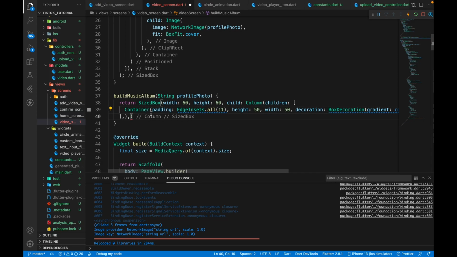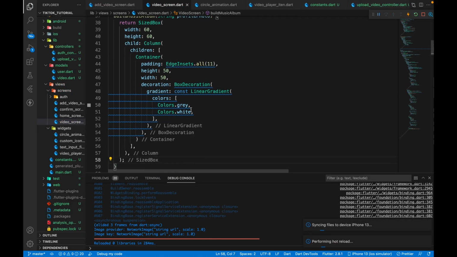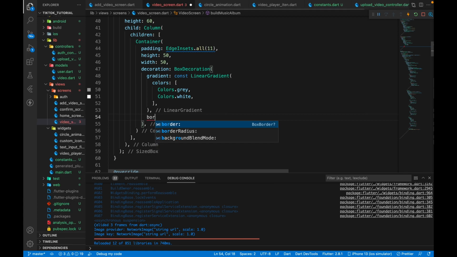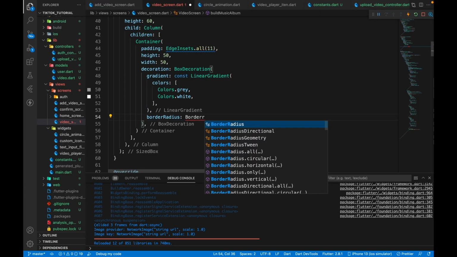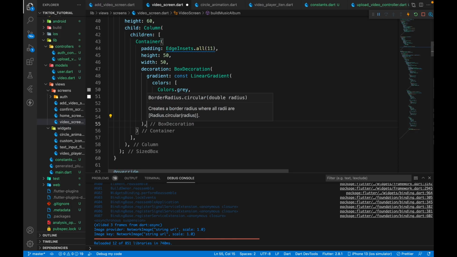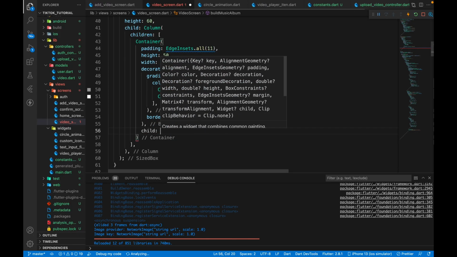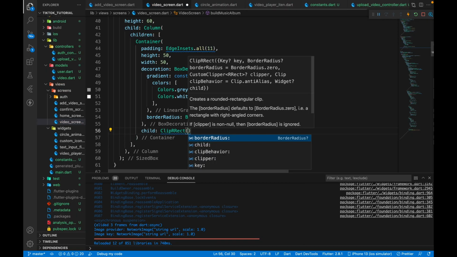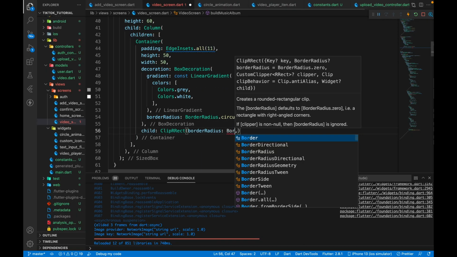Now we can go over here, format this document, and over here we have to return a semicolon. We have to put a semicolon. So now we have this. In the decoration, the next thing we want is after gradient, we need to pass in a border radius. So it will be border radius dot circular 25, and then there will be a child which will be clip r rect, and it will have a